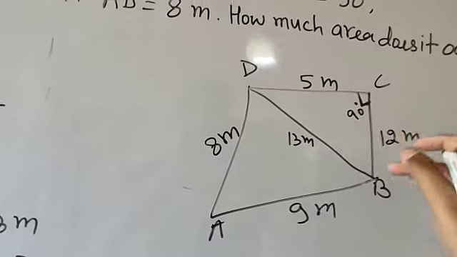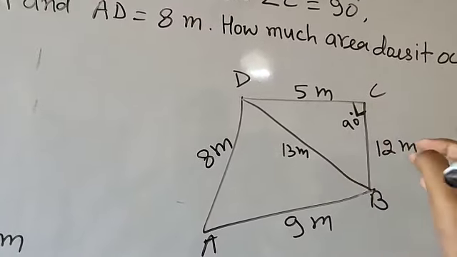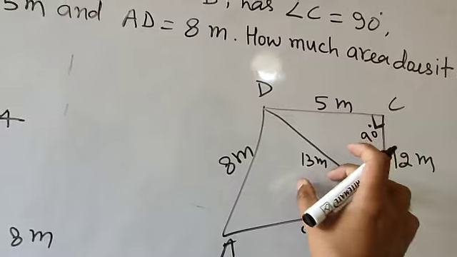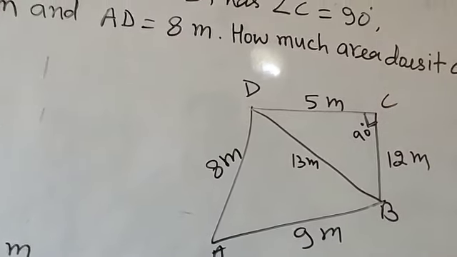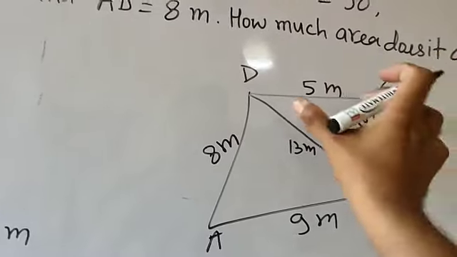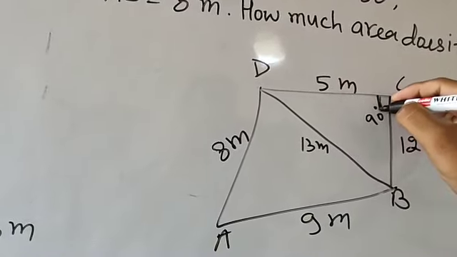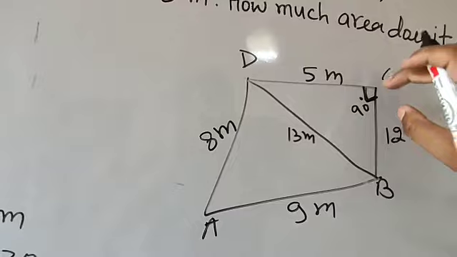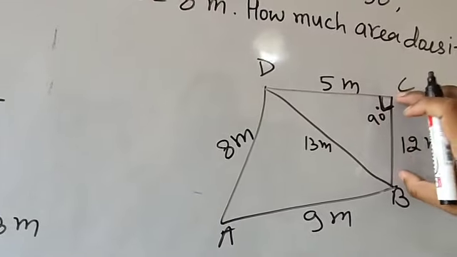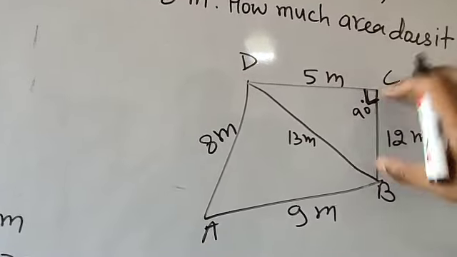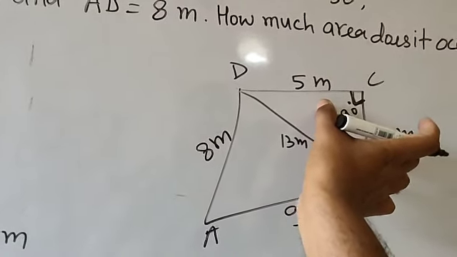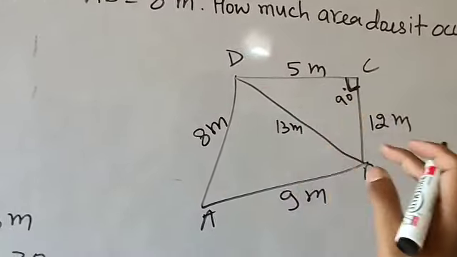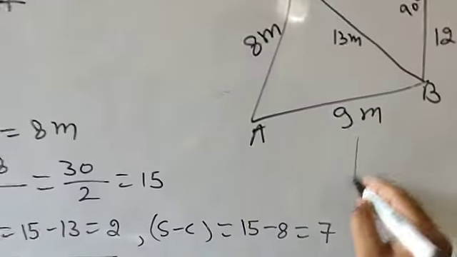So you can find the area of this triangle by Heron's formula, A 12, B 5, C 13. Yeah, if one angle is 90 degree in a triangle, then you can apply the formula half base into height. If any angle given in a triangle is 90 degree, whatever the two sides that are going to make the 90 degree angle, one will be base, second will be height. So the area of this triangle you can find by half base into height. Yeah, you can apply the Heron's formula, but half base into height is easier than the Heron's formula.